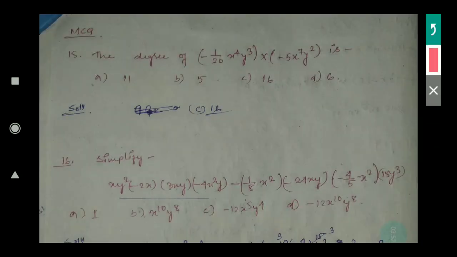Suppose it is given 2x cube y cube plus 3, this is one algebraic expression. The question is asked, what is the degree of this algebraic expression? So what will you tell? At that time you have to find the highest power of the variable. So here what are the variables? x and y are variables. So x power is 3, y power is 3. So altogether what is the power? 3 plus 3, 6. That means the variables' power is 6. So the highest power is this only. So then the degree of this polynomial will be 6.